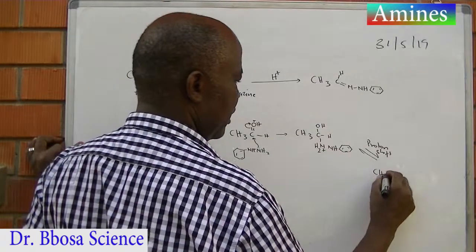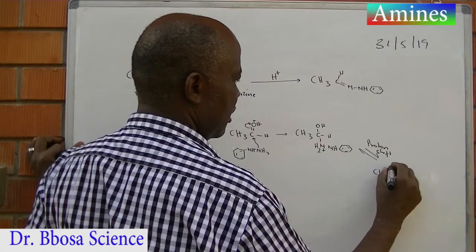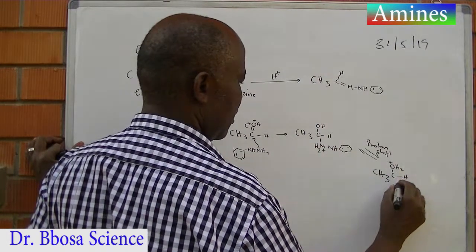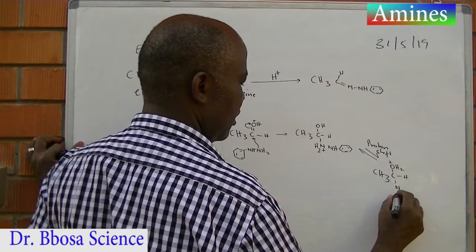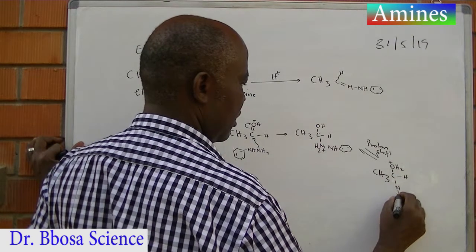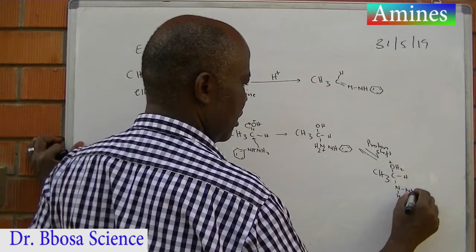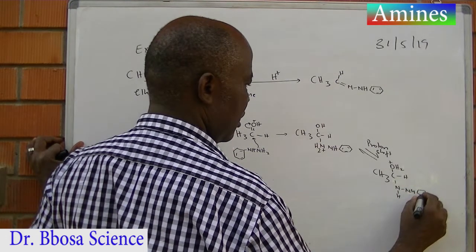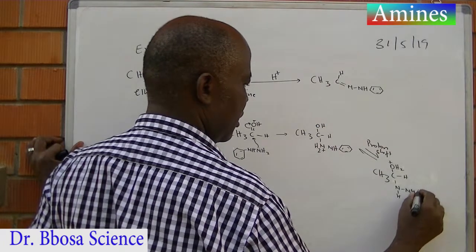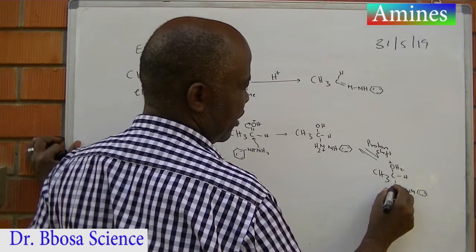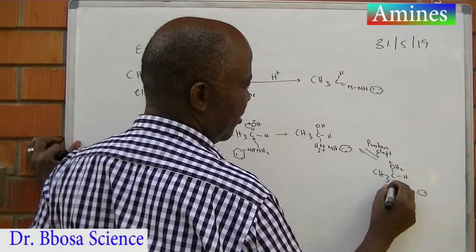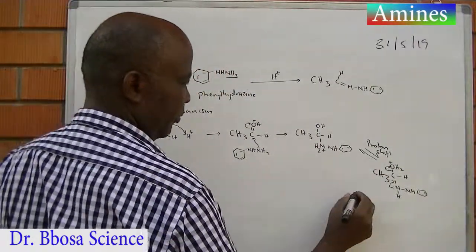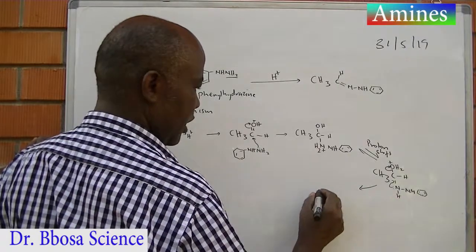We get, then this nitrogen uses a lone pair to form a double bond. This bond goes. Then we get